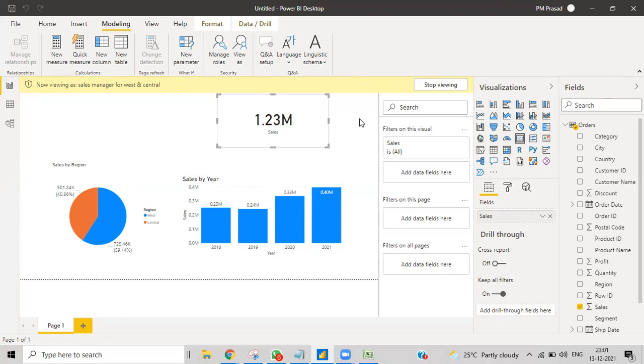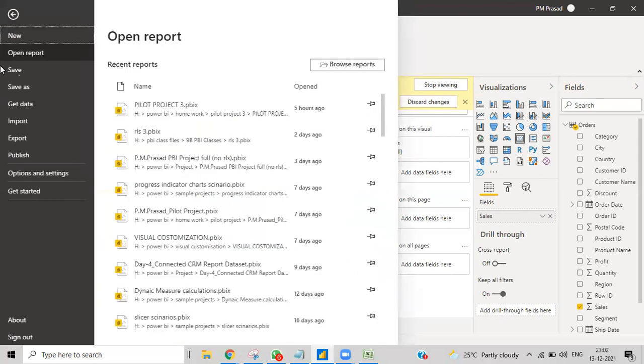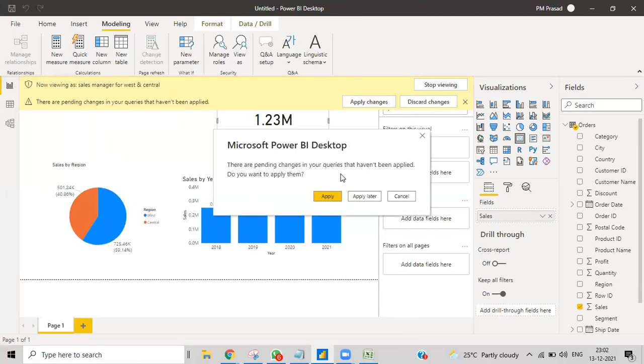simply after completion of the project and every visual is perfectly designed, if someone asks that they want to restrict the data for some particular people according to some rules or whatever it might be, then obviously at the end, before publishing the report, you just give all these things. Okay. So once you give this model roles, I have been given 2 roles, and then afterwards I'll just file and save it. You can save it as